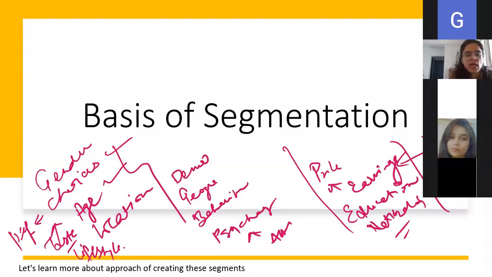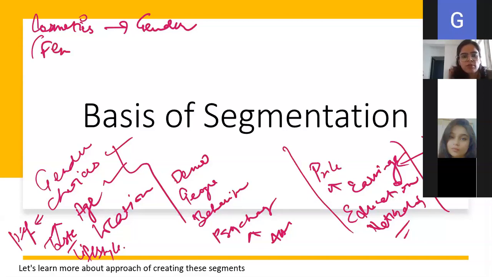Can you give me any example कि इस product के लिए gender के basis पे करेंगे, इस product के लिए age के basis पे करेंगे, or any scenario you can give me. मेकअप का सामान जेंडर के बेसिस पे. Yes, example, ma'am, cosmetics, you will do it based on gender. Okay. If you have cosmetics, you will target only females.